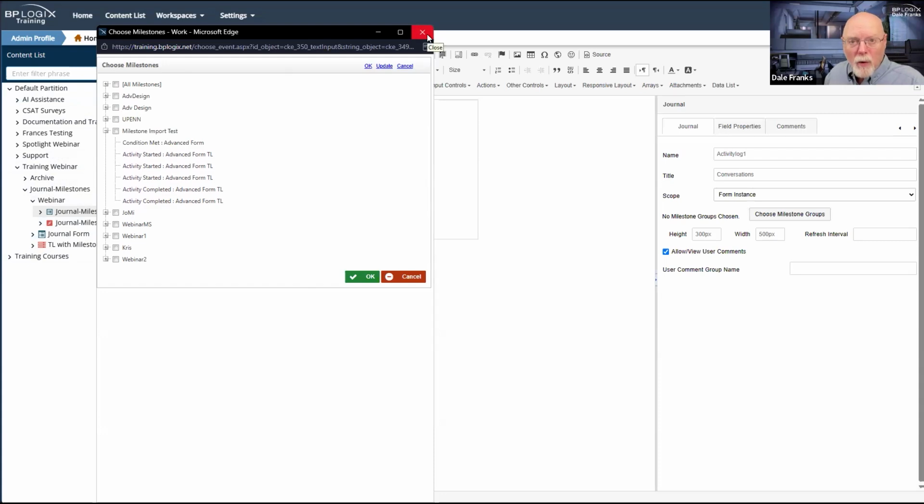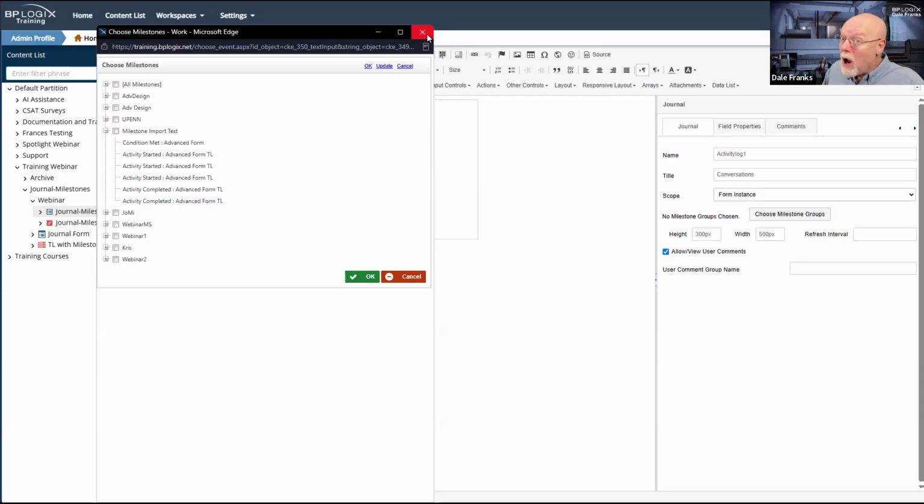But whenever we begin to build our form and our process timeline out a little bit, we are going to be adding some milestone groups to both the form and the process timeline. Well, actually, I'm going to add a milestone group, and I'm going to use, in this case, the same milestone group in my form and in my process timeline.